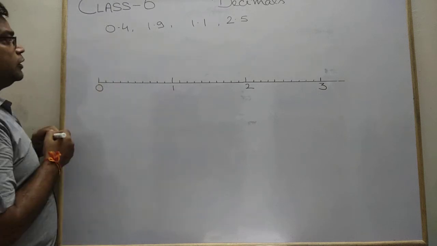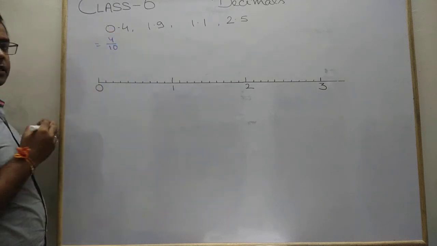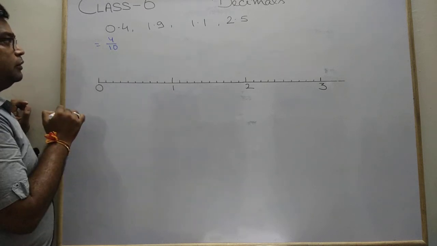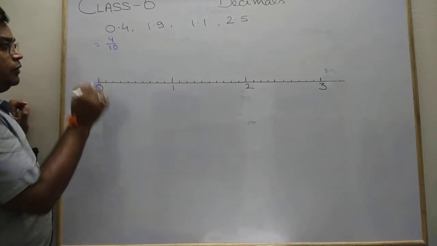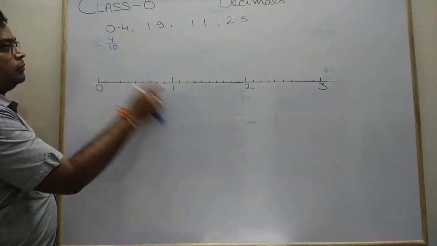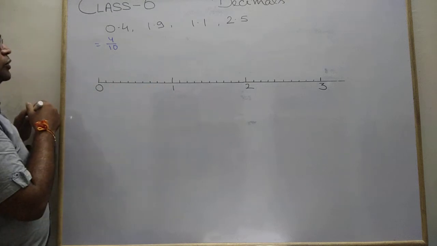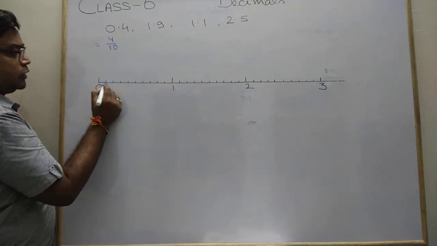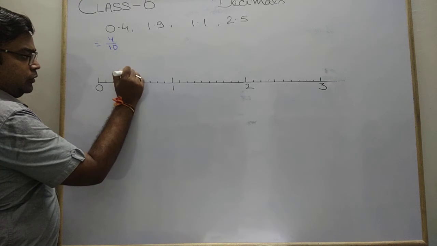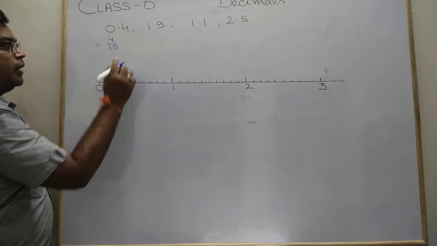0.4 means what? It means we are going to draw the fraction 4 upon 10, and this is greater than 0 and less than 1, so the number must be between 0 and 1. We must divide 0 to 1 into 10 equal divisions. Clear? Then choose the fourth part: first part, second part, third part, fourth part. Then use your pen, draw an arrow like this to indicate that fourth part,